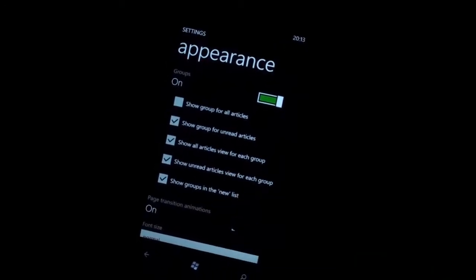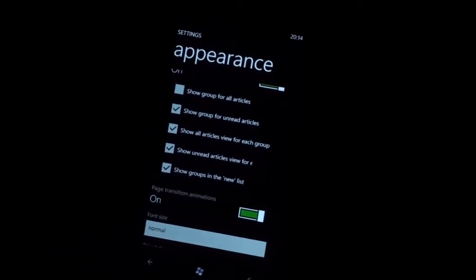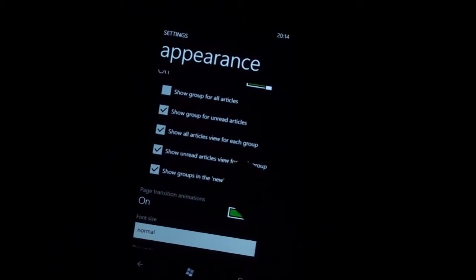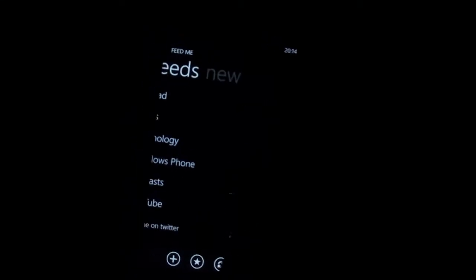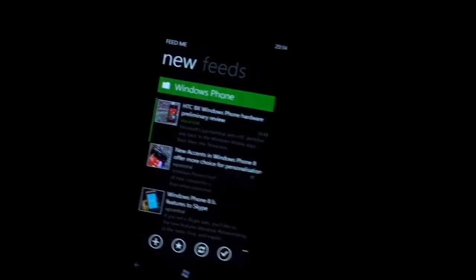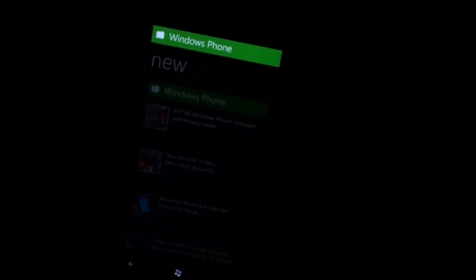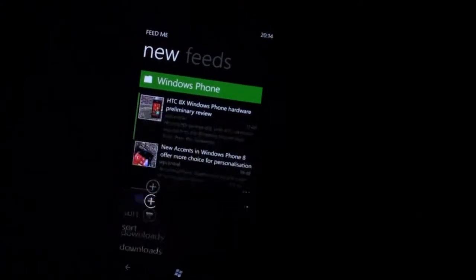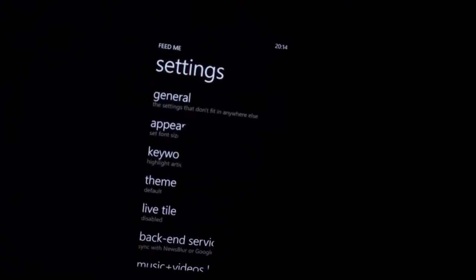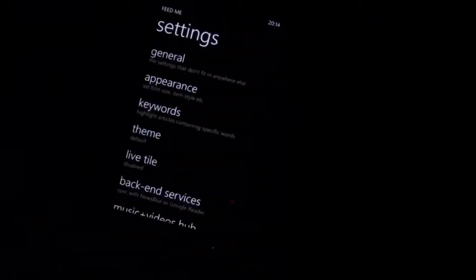So just put that back in. And here there's an option right down the bottom to show groups in the new list. Basically, when an update is run, in the new area here you'll get the groups shown. There's only one there. I've only updated that group. Whereas if I go into the settings and deactivate that checkbox there, go back out,